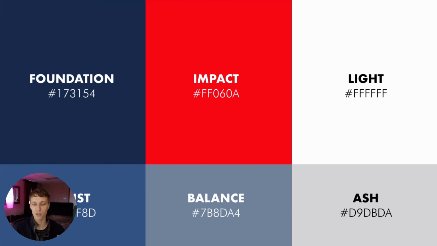But then we have a few little extras down at the bottom just for creating some variation or just some extra interest. They're just blends. This blue one is just a lighter version of this color. And then this one's a lighter version of this, but starting to get more desaturated towards the white. And then this one has no blue in it at all. It's just a light gray. So that's that for color.